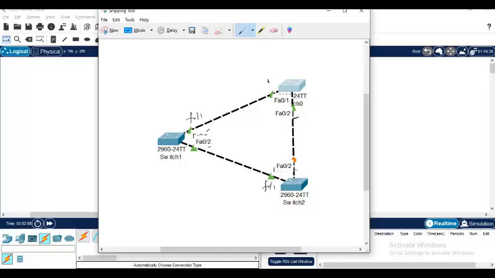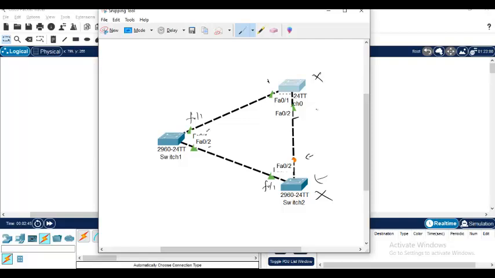Secondly, this is not a root switch. It is not possible for this to be a root switch because it has a blocking port. And I'm telling you, this is also not a root switch. How am I saying that? If this is the root switch, for this switch to go to the root switch, it will be a very long path, 19 plus 19, too costly. It would have gone this way and blocked this port. It didn't block this port,